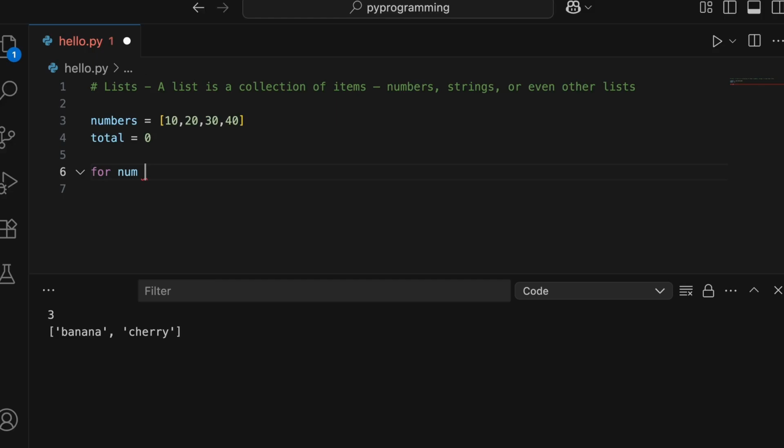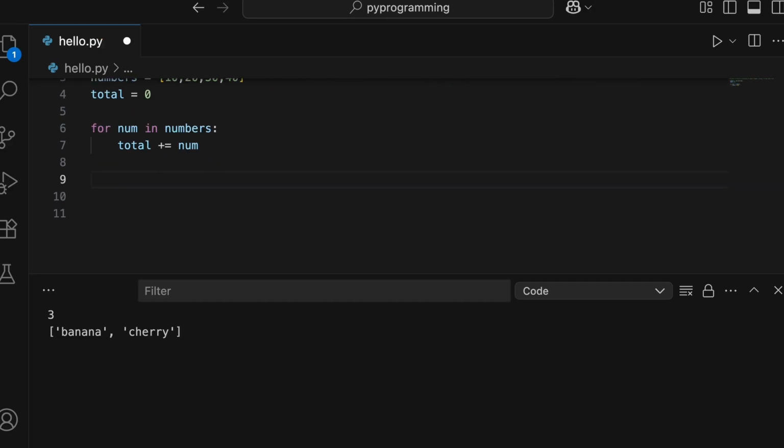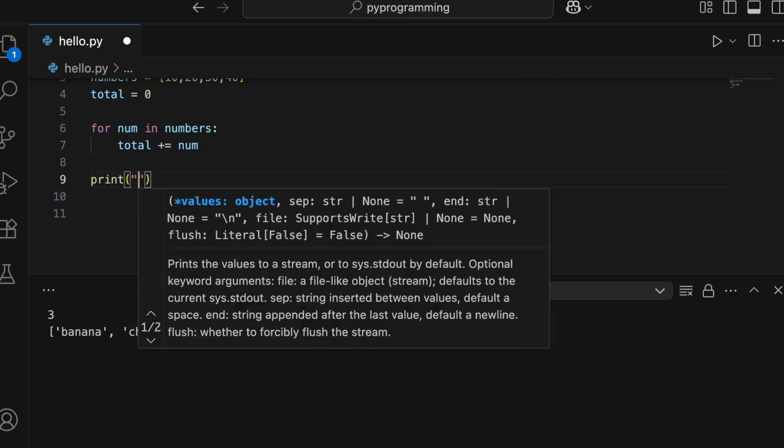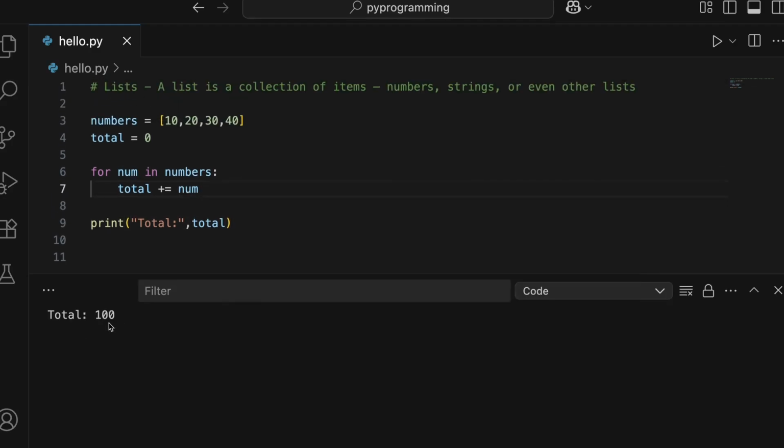So let's declare a counter, num in numbers, put the colon to start the block. Now this will keep on giving you each and every element. You have to keep on adding that to the total. So here we can write something like this. total is equal to total plus num, because this holds the value. And at last we'll just print the total. So this is a very common pattern, looping through a list to calculate a total or process any sort of data. Now let's just go ahead and run this. So we got the total value.